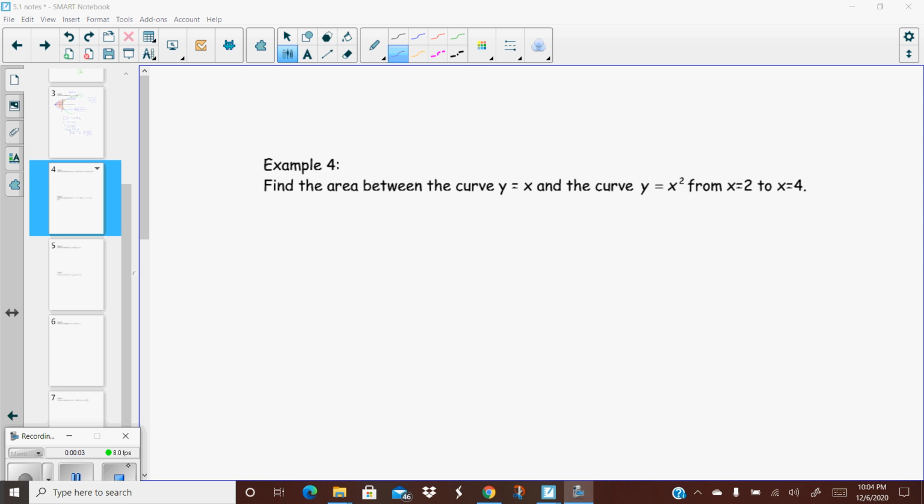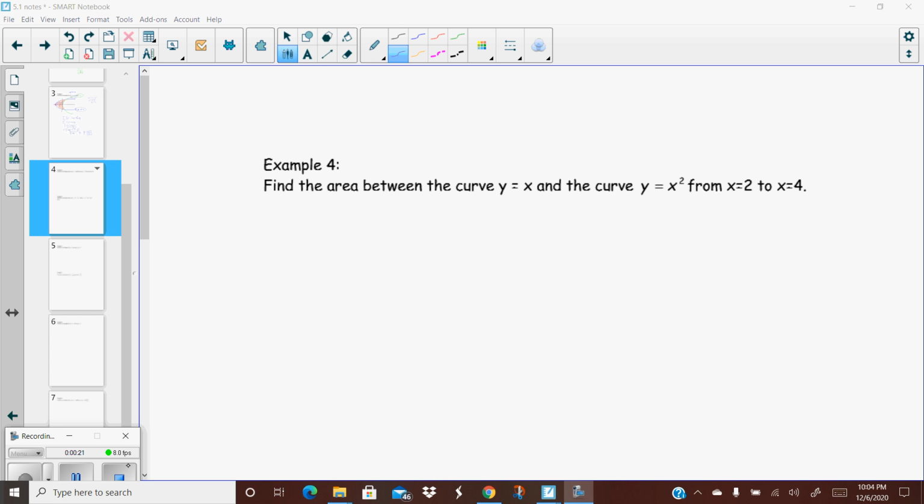All right, this is section 5.1, video number 2. So we started learning how to find the area in between two curves where one of them is not specifically the x-axis. So if we want to find the area between the curve y equals x and y equals x squared, granted